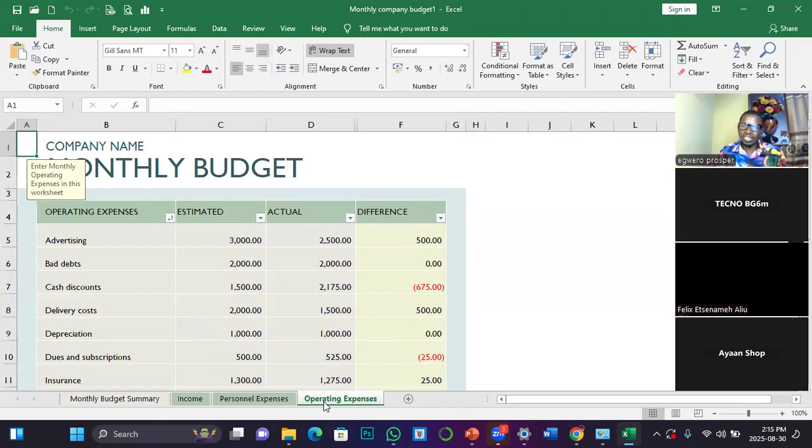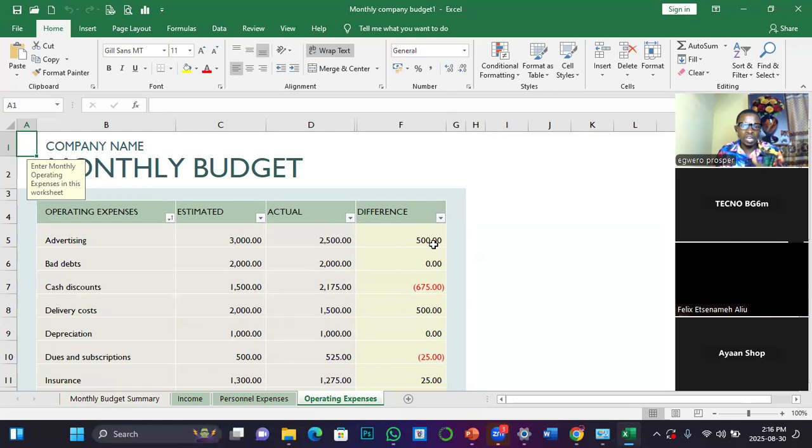Now, what is the direct benefit of me coming here? Now, I know that, if by tomorrow I am asked to create a simple data system that can manage my expenses, I know that these are the headers or fields involved. I have operating expenses, I have estimated, I have actual, I have differences.